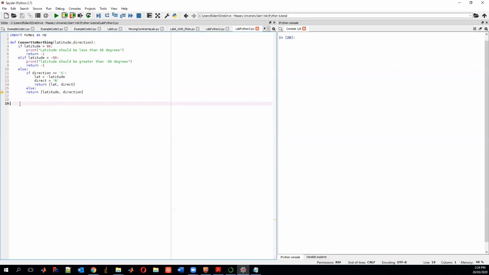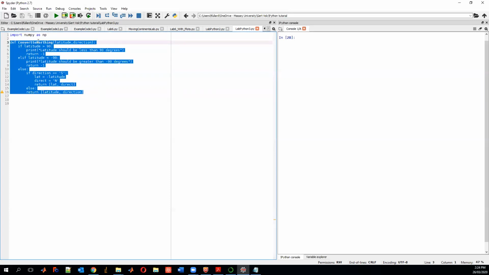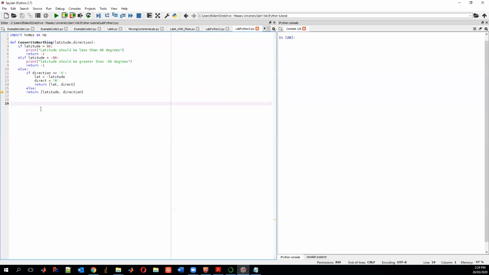Remember, in our code we first put our imports, so we first put things we're trying to import. We then define our functions, which we have just done, and then we can start to type our commands. So I'm going to say my latitude is equal to 25. My direction is going to be southerly in this case. And what I want to do is